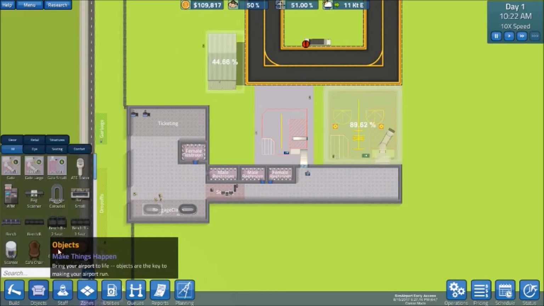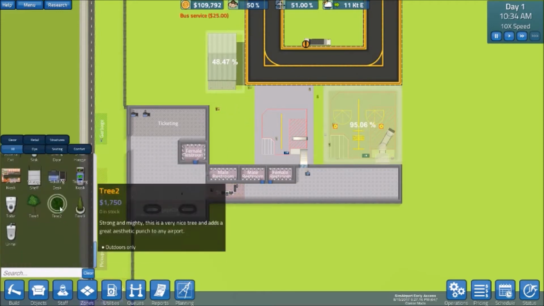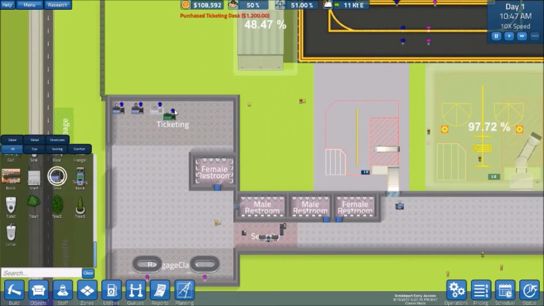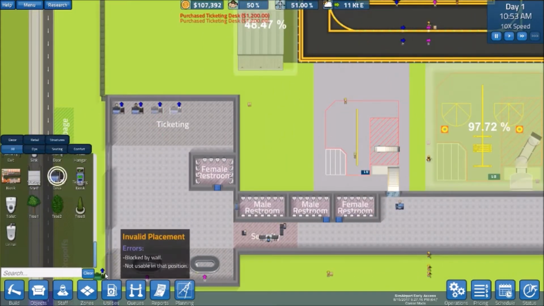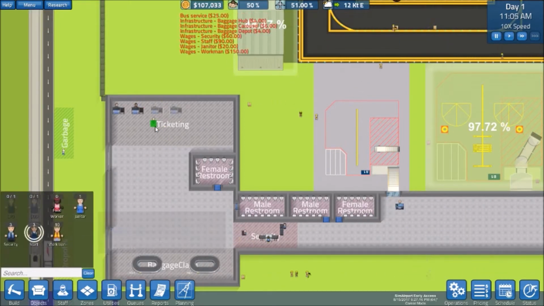Then let's say we've added more, another gate. We want to add more ticket desks. All right? Well, that's easy. We'll just drop in a couple more ticket desks. 1, 2. All right? And then, of course, you would naturally have to hire 2 more staff members for those